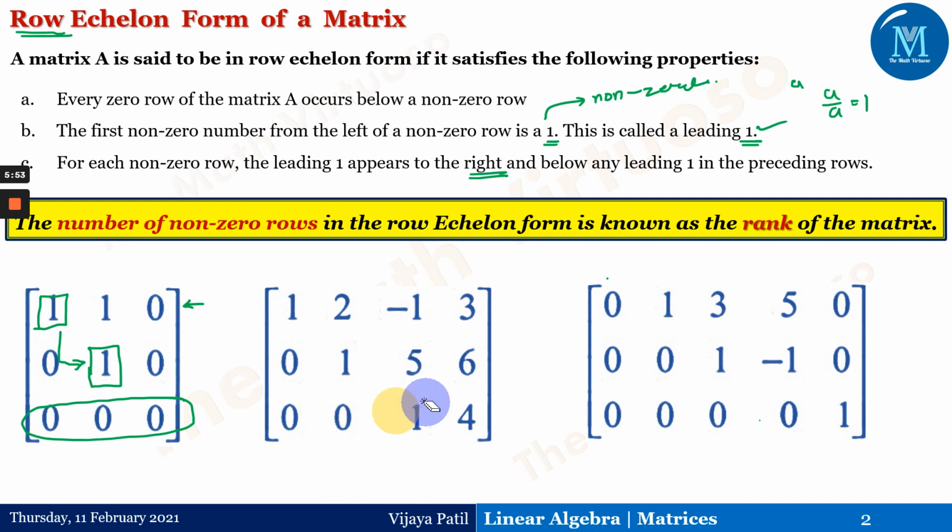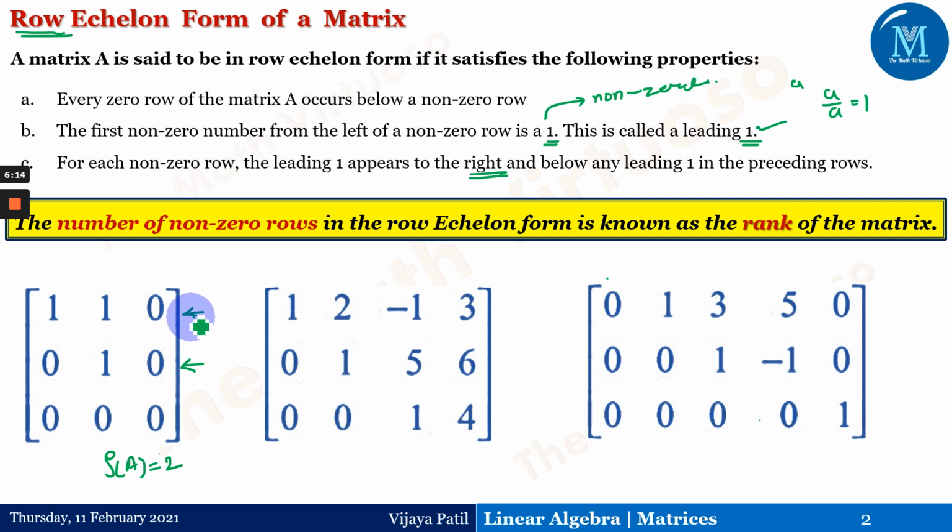Now, all these examples I have given you are examples of the echelon form. If I wanted to state and comment on the rank of the first matrix, what would be the rank here? Because I have got the non-zero rows 1 and 2, the rank of this matrix A is equal to 2. Look at these rows here: non-zero and non-zero. Though only one number is present here, which is non-zero, this row is still considered non-zero.